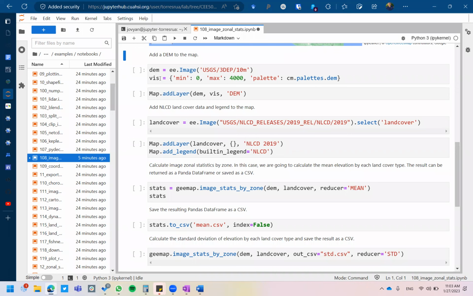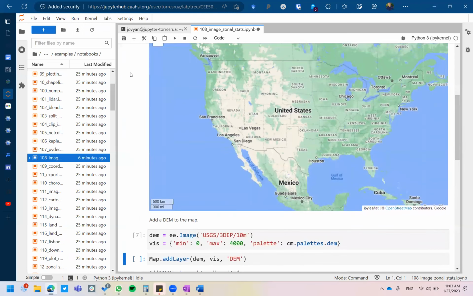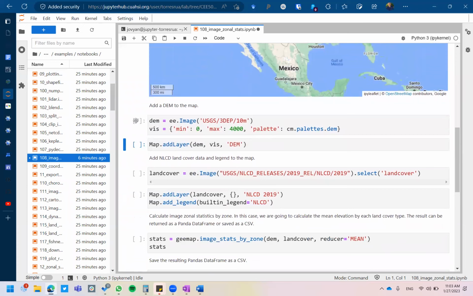And here is the visualization variable: minimum 0, maximum 4,000, palette, and it's going to use a library to generate the range of colors. So run this cell, click on the cell and run. Go back to the map. Oh, why is my layer not there? I need to add the layer